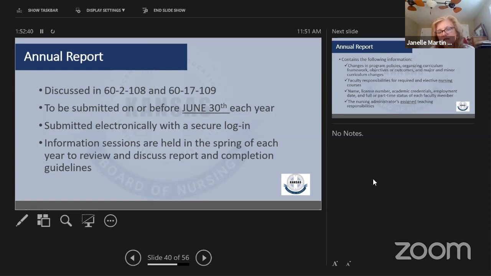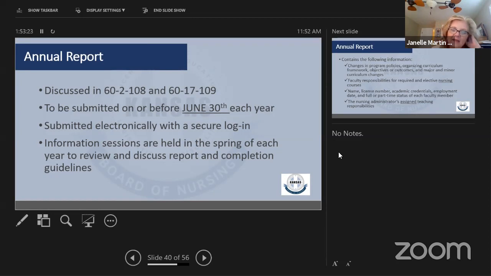On the other side of that, we have a new template that's become available through NCSBN that we are going to be looking at, and the board has actually assigned a task force to look at the possibility of changing how we do the annual report, which in a lot of ways would simplify what you're doing. It would still be an electronic process, but we still have to make sure that all of the things that are necessary are on the template. So we will obviously have to add some additional questions to the ones in the template, because it's what they're terming core data. And as soon as I know more about that, I'll talk to you all about it.